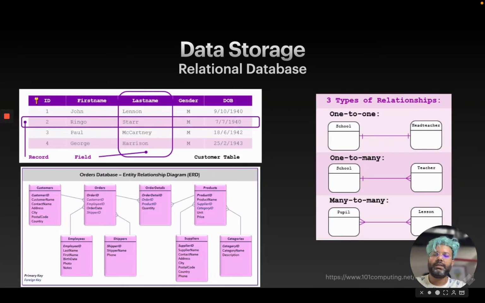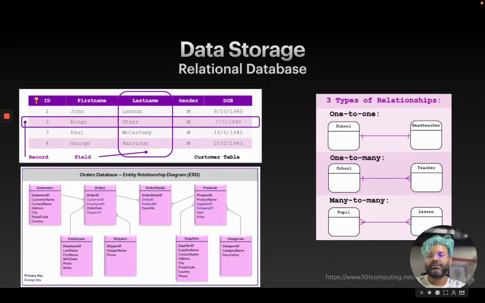So the first one is a relational database. Now, a database is an organized collection of structured information, and there are two really important things here: structure and organized. When we look at the structure, in the first diagram on the top left, we can see there are different records. This diagram shows a database table that stores